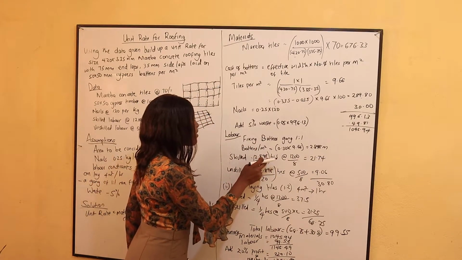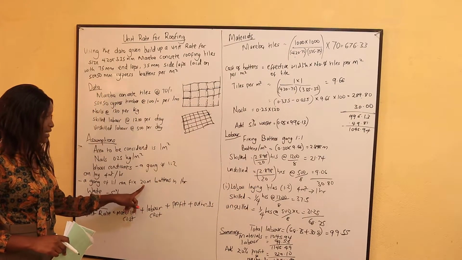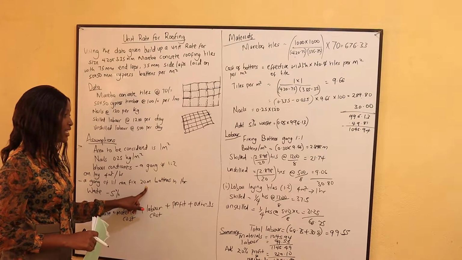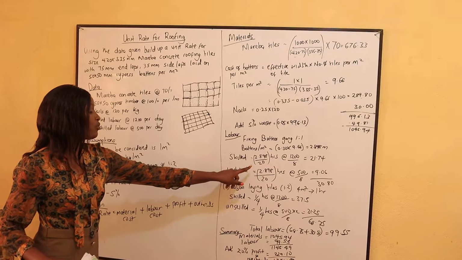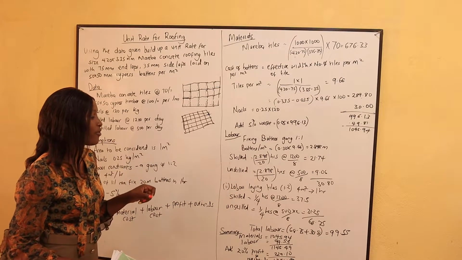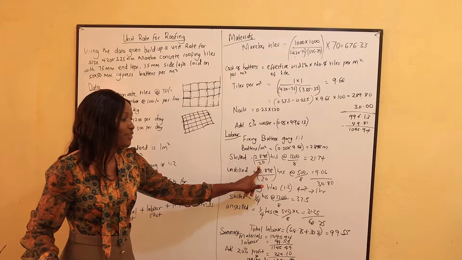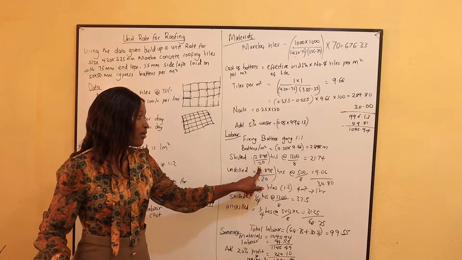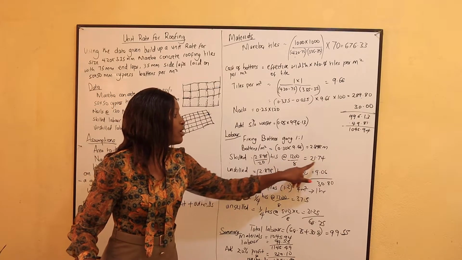Then the total length of the buttons we divide by 20 meters, the ones that they can fix. For the skilled labor, we shall take total length of buttons. He can fix 20 meters in 1 hour, so that we can get the total number of hours. Total length of buttons divided by what he can fix in 1 hour to get the number of hours. Then how much are we paying him per hour? 1200 divided by 8. We get